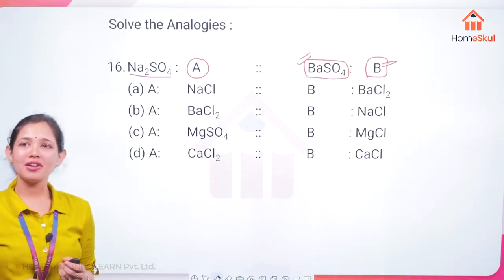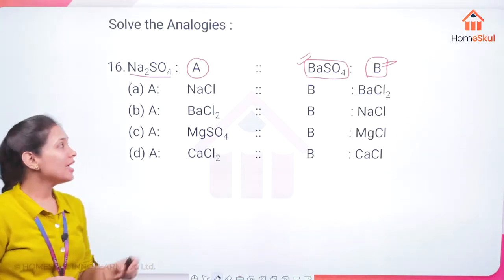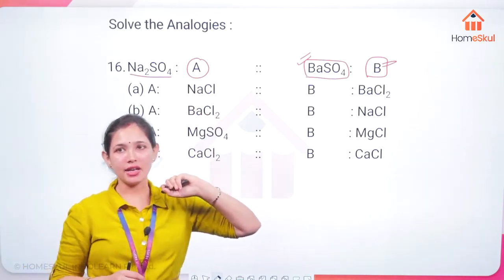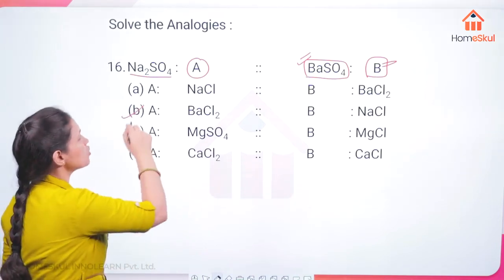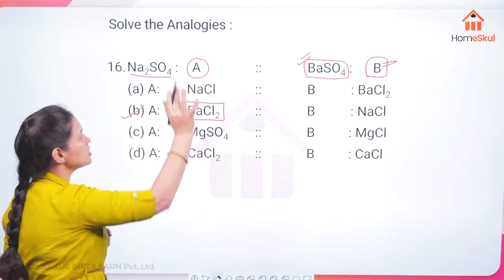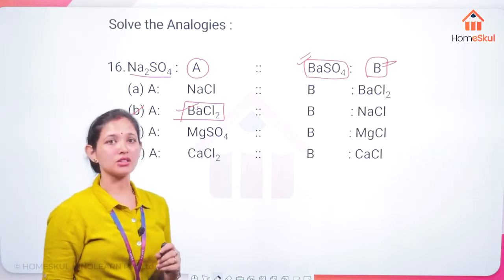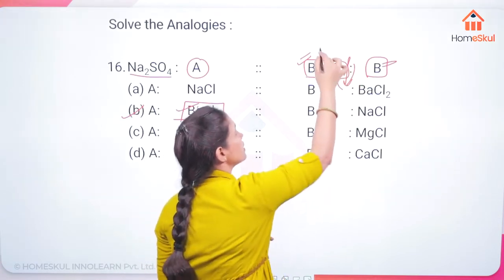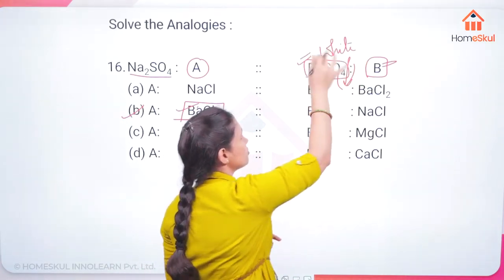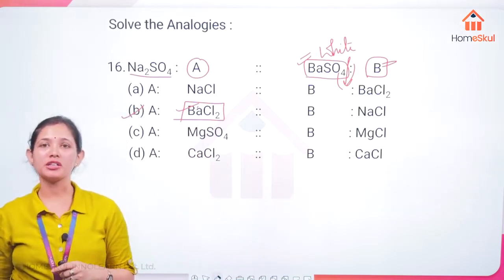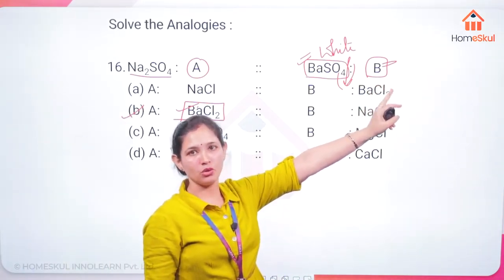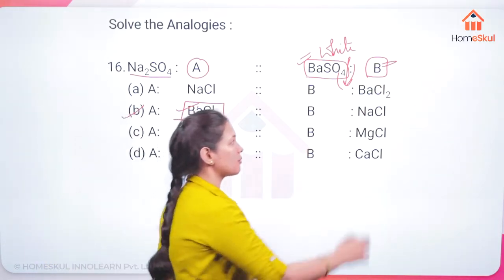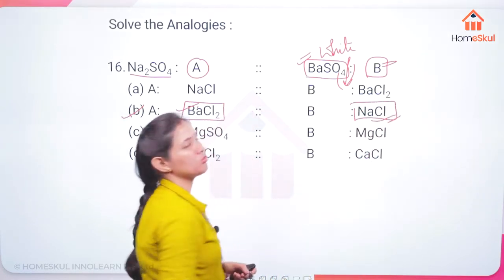You understood? Yes, Velga, very good. Nishka, very good. Here Na2SO4 is going to react with A. Very correct, Diya. So the option is going to be B, that is BaCl2 reacting with Na2SO4, that is sodium sulfate, giving you BaSO4 as a precipitate here, which is of white color. You have to remember this also. It is a precipitate formed here. And B is going to be your NaCl. The ion exchange will take place and sodium chloride is going to be formed.